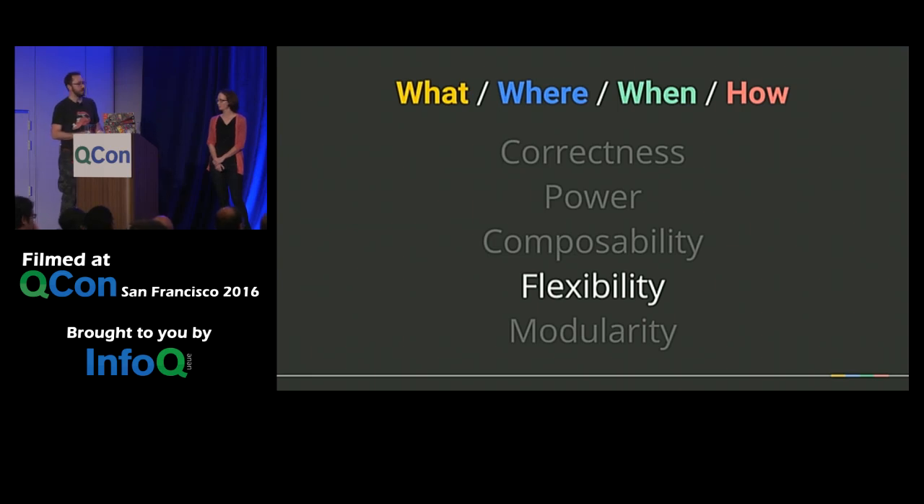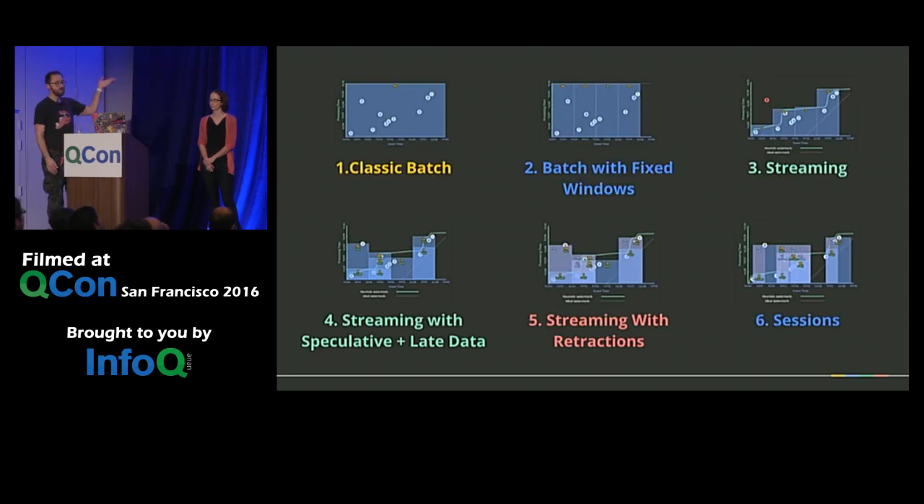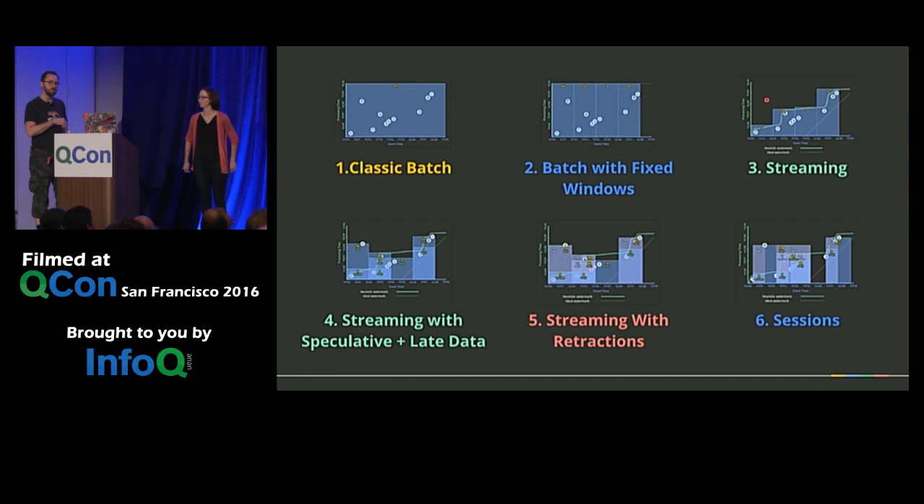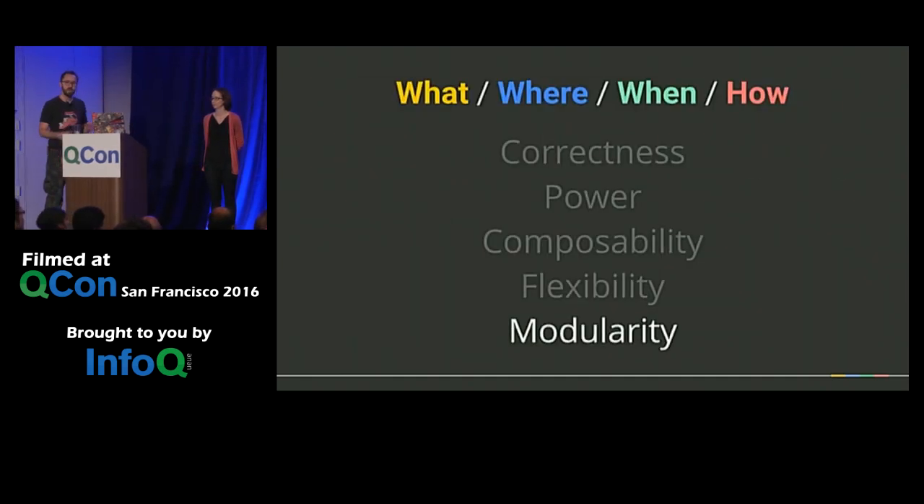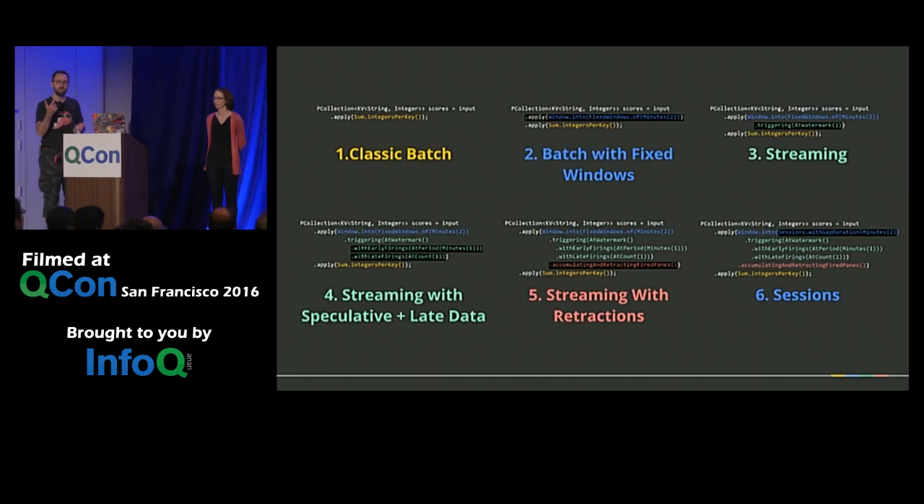So now to move on to the last two. Flexibility. The system gives you a lot of power to choose exactly what the shape of your output looks like. We walked you through 6 different examples so far. Here we've covered everything from your classic batch-style processing all the way up through some very complex stream processing. And what's more, moving on to the last point, modularity, we've done this with really quite minimal code changes. Very small changes that are still maintainable and leave your code readable and allow it to evolve over time